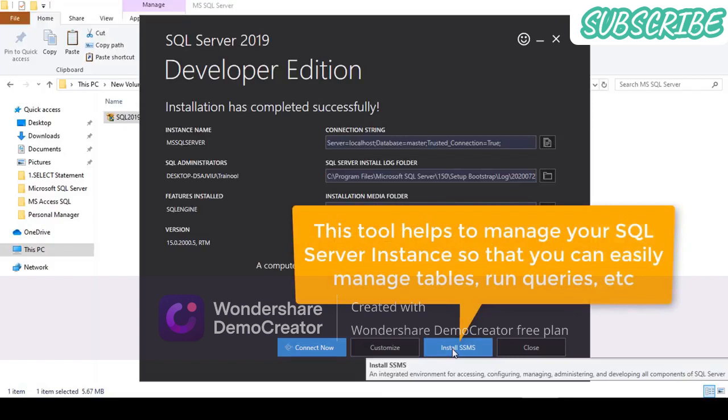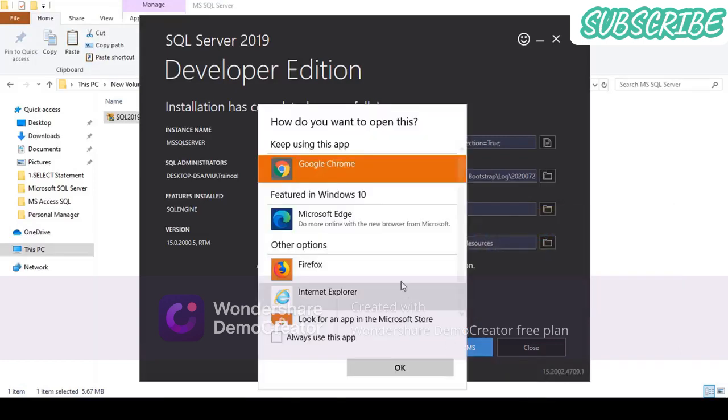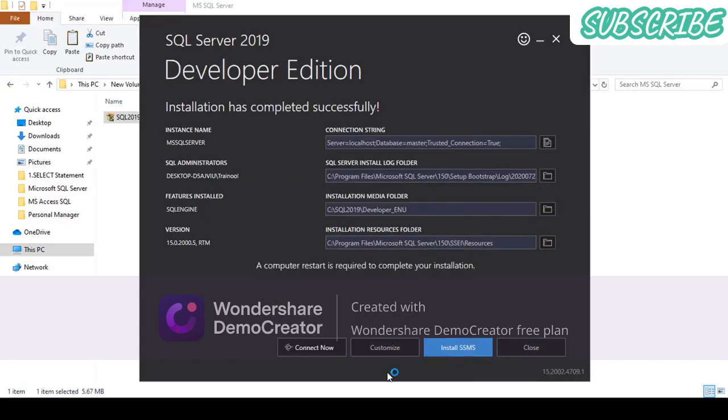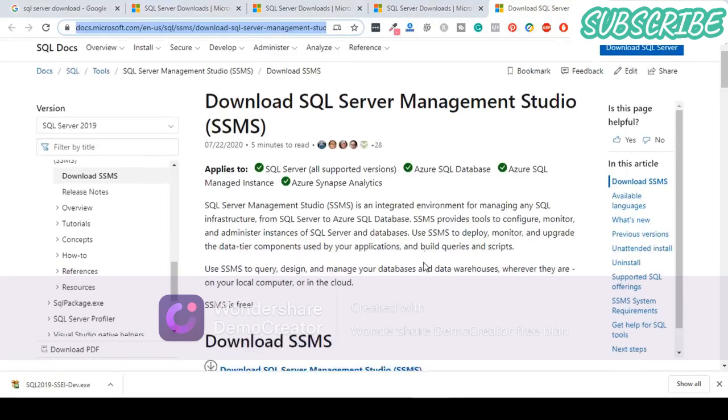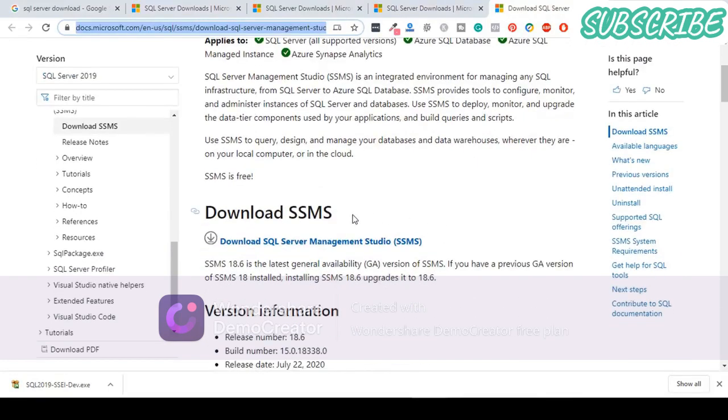SSMS represents SQL Server Management Studio, and you have to install this. So just click on this, and let me open it with Google Chrome itself. Click on OK. You can open it with any other browser as well. And here, if you come down, you see that you have this option, that is Download SSMS. Just click on this link,